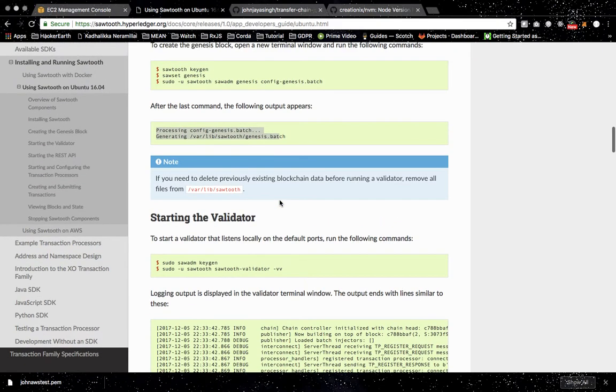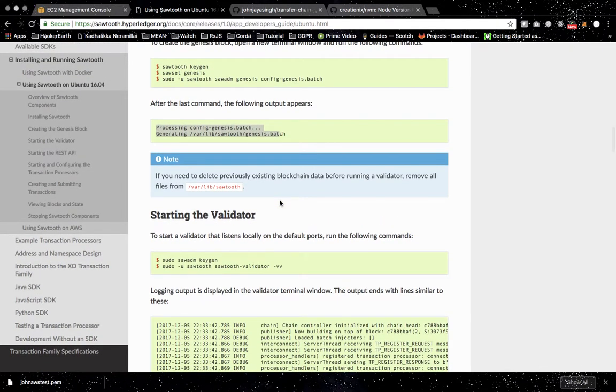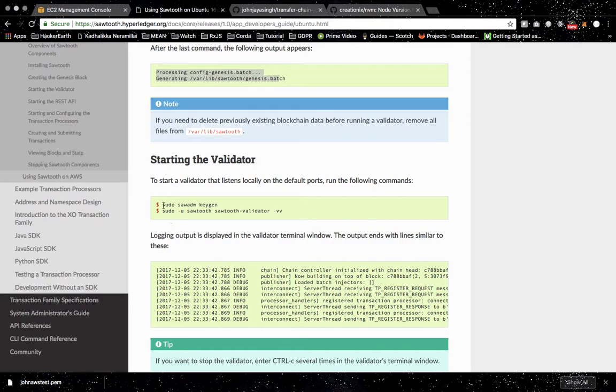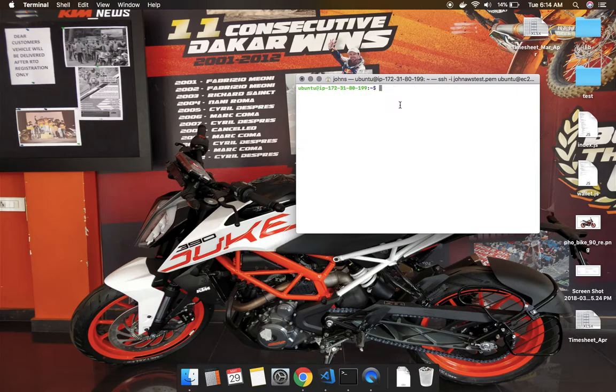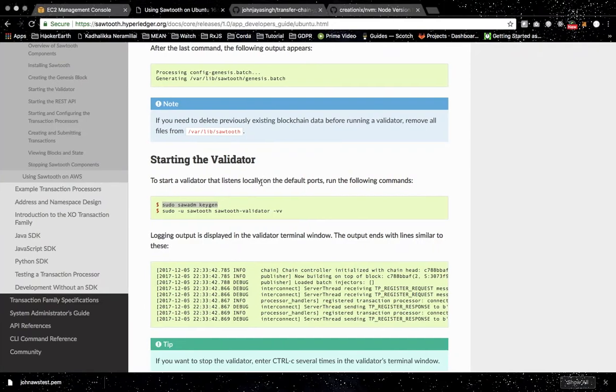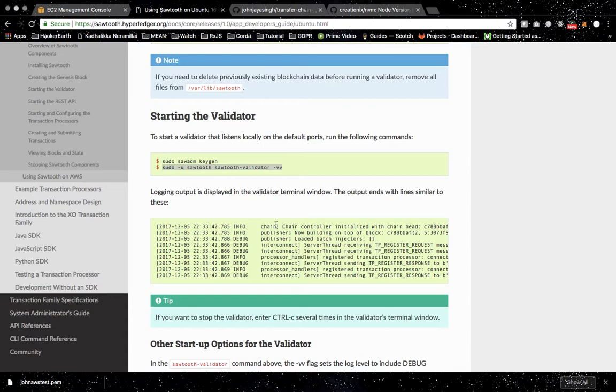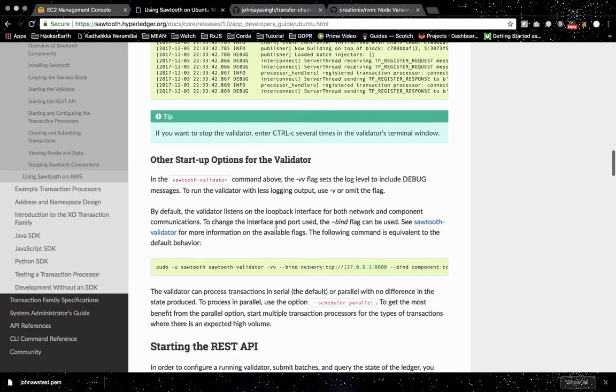Now here, using our private key, we have generated this Genesis block configuration file. So we'll need one more key file for the validator. If you just simply run this, we'll get the Sawtooth validator up and running. But if you want to make other networks discover this particular validator, then what I would suggest is